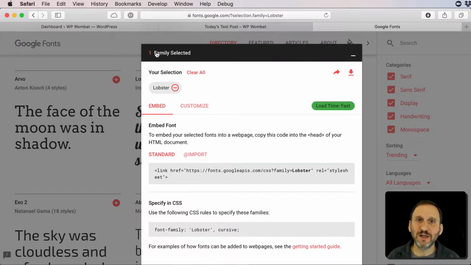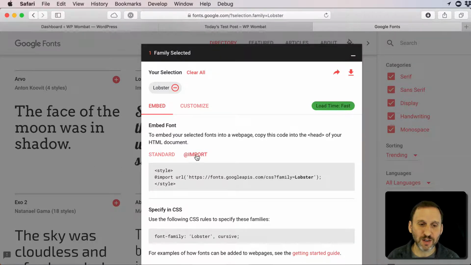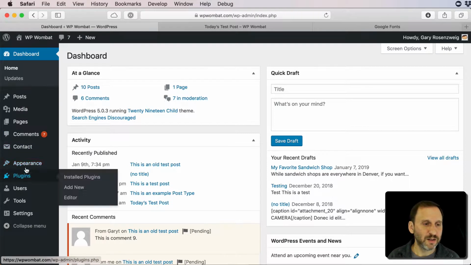The reason it says one family selected and lets you select more is you can add multiple fonts. So we're just going to stick with one font here. And then you have the ways that you can embed that font in your site. We're going to go to the import method. So click on Add Import there, and then there's this style here. We don't need the style tag, but we do need the import command. So I'm going to copy that, and then I'm going to switch over to the dashboard and go into Appearance